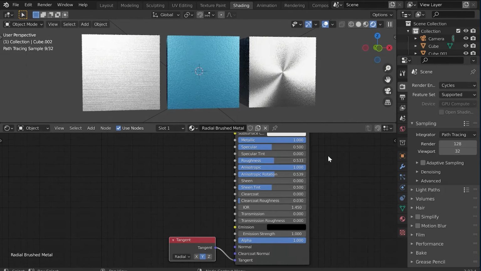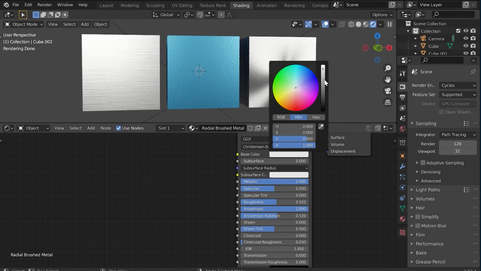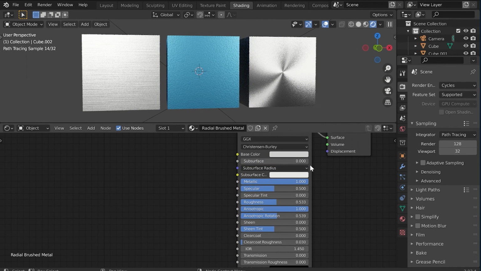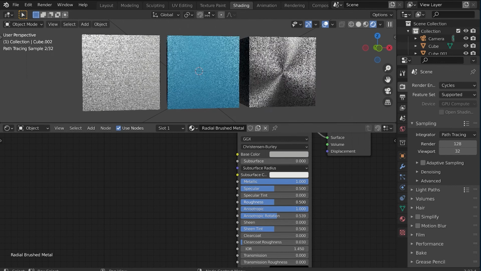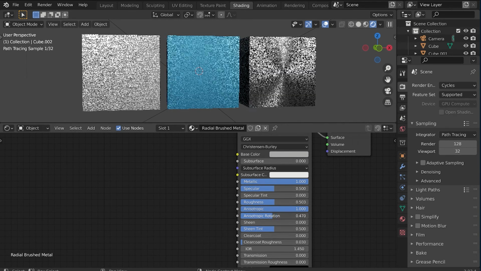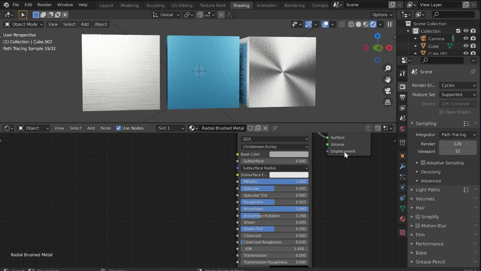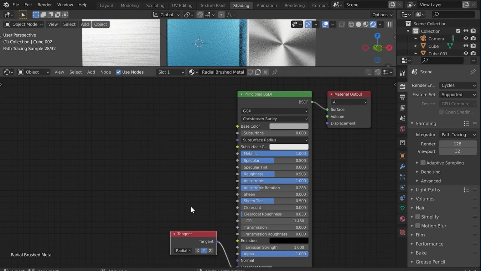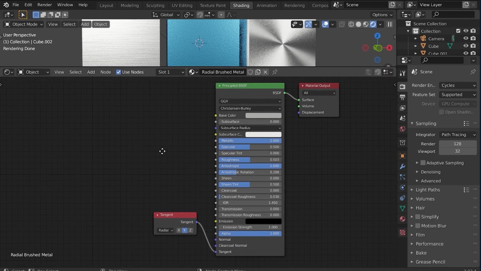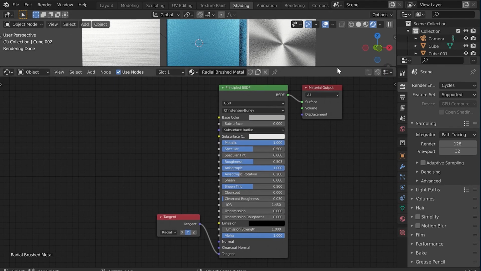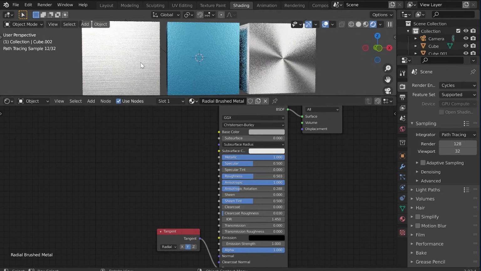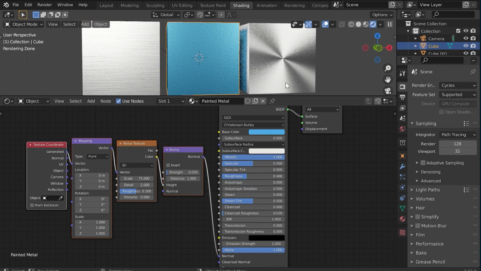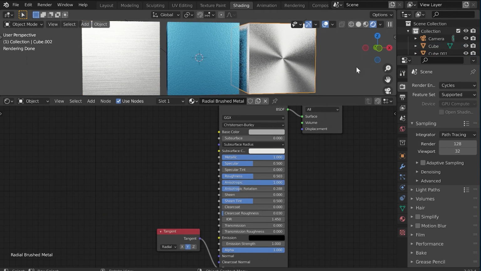Adjust the angle, roughness, and color. Let's render.